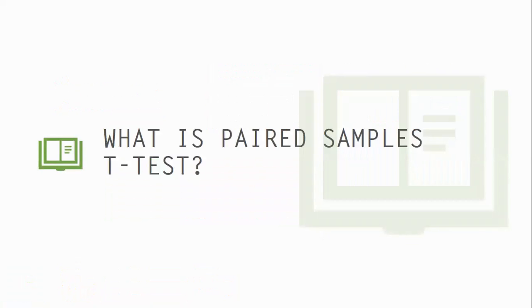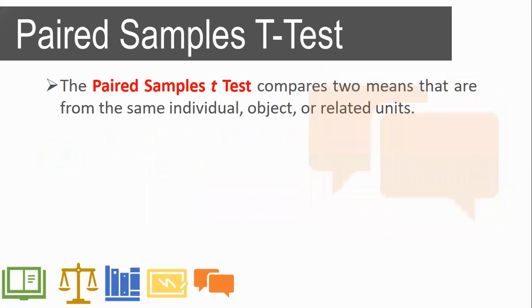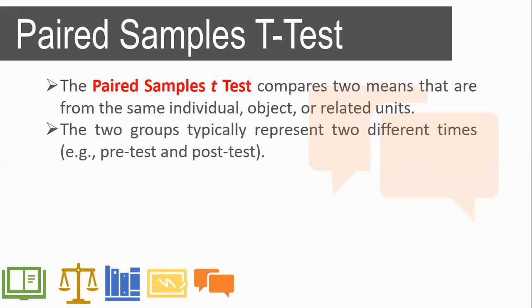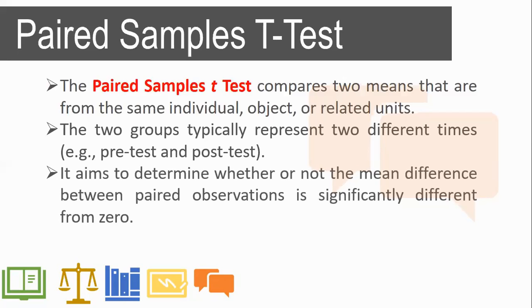So what is paired samples t-test? The paired samples t-test compares two means that are from the same individual, object, or related units. The two groups typically represent two different times. Example, pre-test and post-test. It aims to determine whether or not the mean difference between paired observations is significantly different